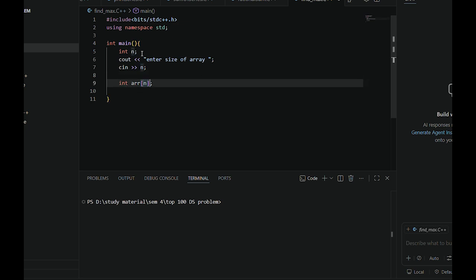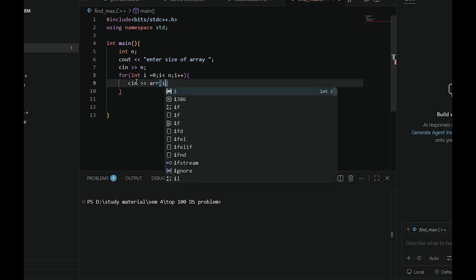Then here we will use a for loop: for int i is equal to 0, i less than n, i plus plus. It means it starts from 0 up to n, until i is less than n. Input, enter the array's elements. So cin array of i,